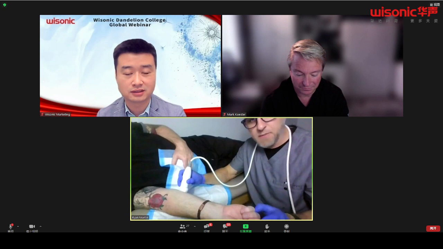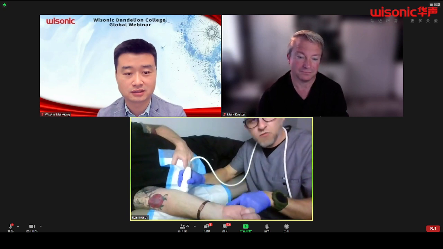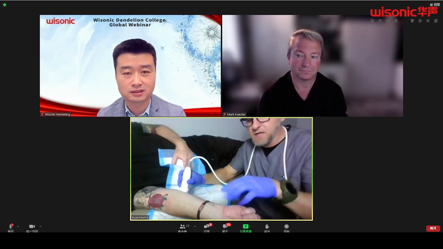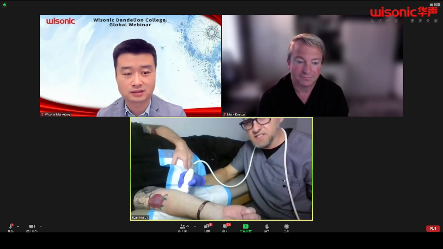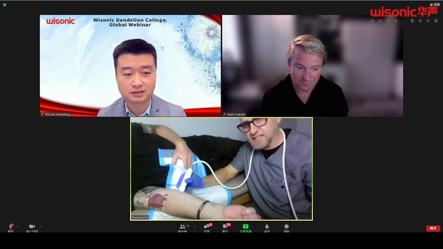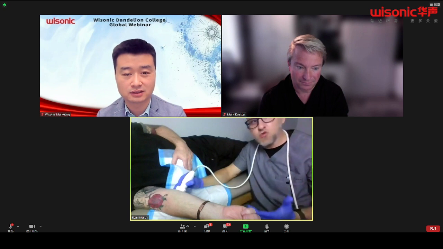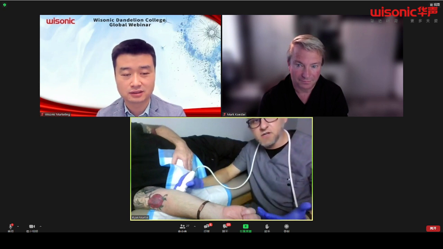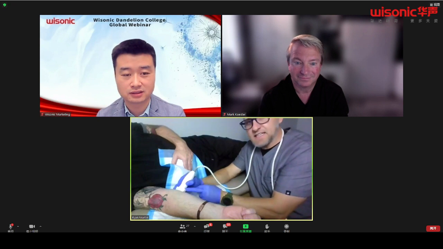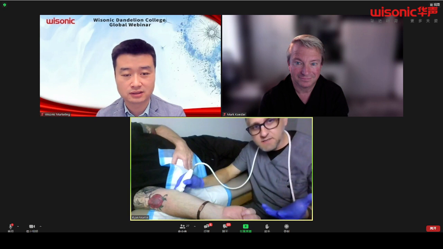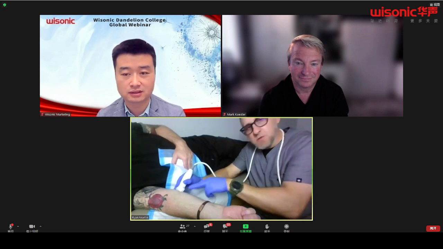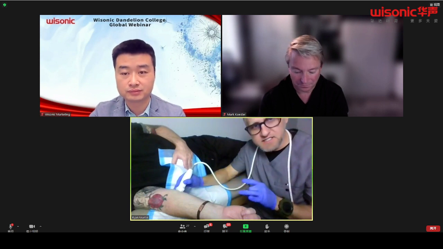Now, if I'm looking for the common flexor tendon, I know that they don't come right off of the ulna. Not all the common flexors, right? They come from more midline of the carpals, right? And they come across almost at an oblique angle. So I don't know if you can see this small little minute motion in line with the ulna, slightly oblique. In line with the ulna is going to give me a great picture of the anterior UCL. But as I take that distal end and move it ever so slightly towards the wrist, now I'm going to get an excellent picture of the common flexor tendon. So depending on what you're looking for, you might just have to make small adjustments, small tweaks to your scan,